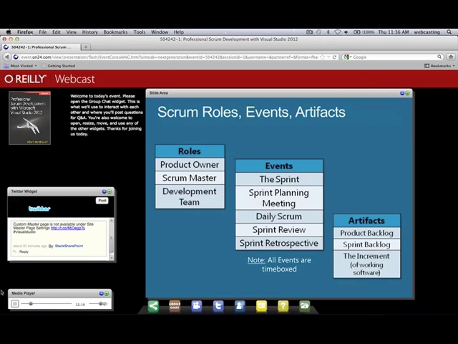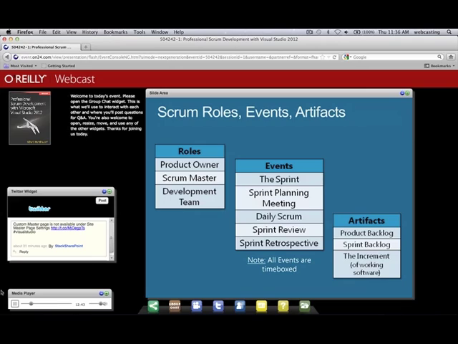The sprint backlog, as I mentioned, is more of a tactical backlog that's put together during sprint planning meeting, and it contains the PBIs, the product backlog items that the team is going to forecast that they're going to work on that sprint, as well as the plan for doing it. And as you'll see here in a bit, the sprint backlog is actually manifested by the product backlog item work items, and any associated task work items in a team project.